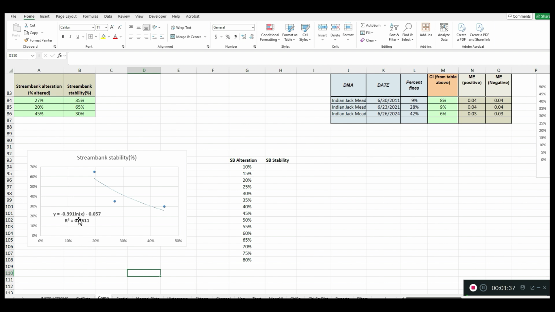Then what we'll do is, this equation right here is using the natural logarithm of x, being the stream bank alteration, the x scale, and the y is the bank stability. It's predicting the stream bank stability from the stream bank alteration. So here's our alteration in this column. Right in this cell, I'm going to put the equation, equals, and we've got a minus 0.39